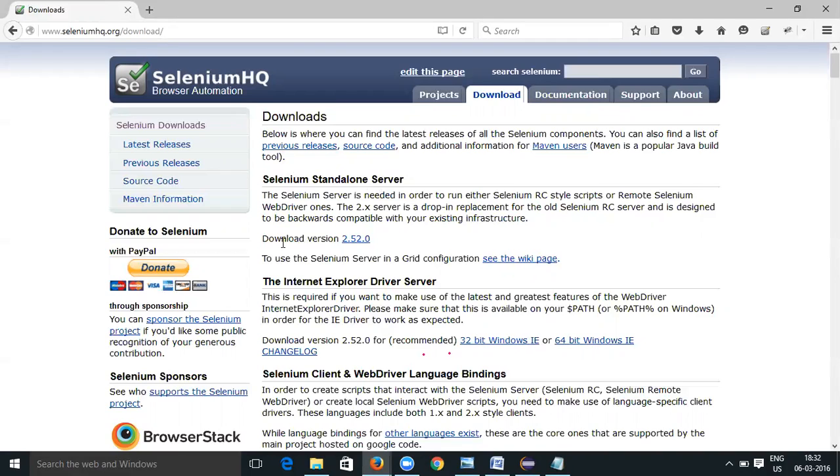This is the latest version of Selenium standalone server, that is 2.52.0. Just click on this